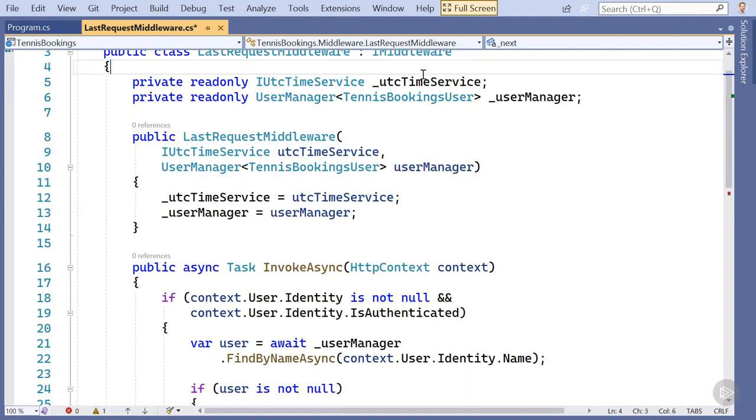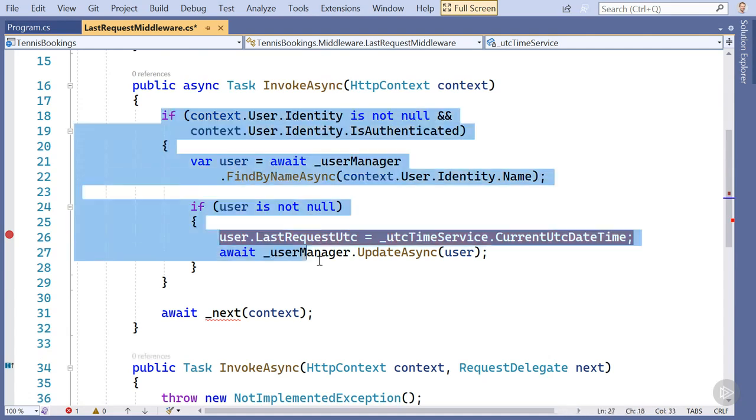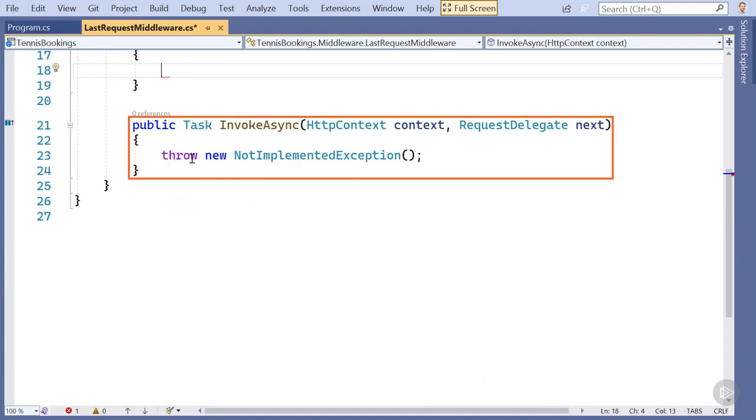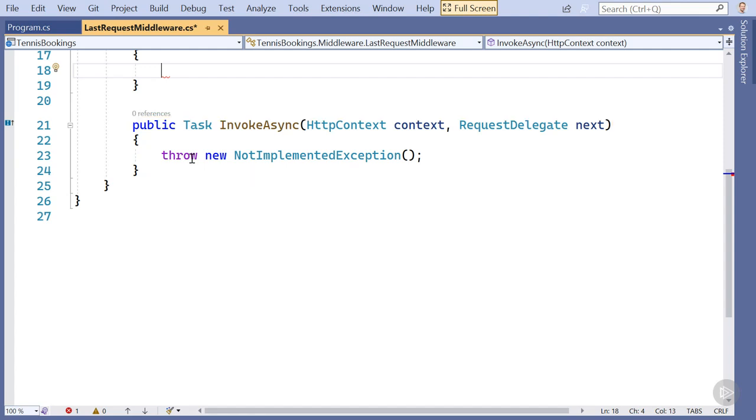We can remove this parameter from the constructor and delete the code used to assign it to a private field inside the class. We'll leave our two other application dependencies in the constructor. Scrolling down, the InvokeAsync method, defined by the IMiddleware interface, has a slightly different signature to the one we used